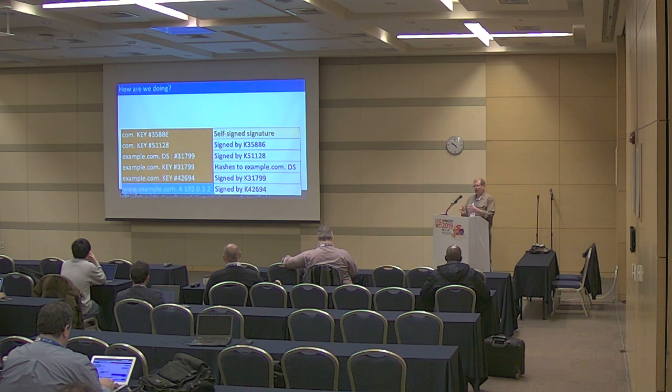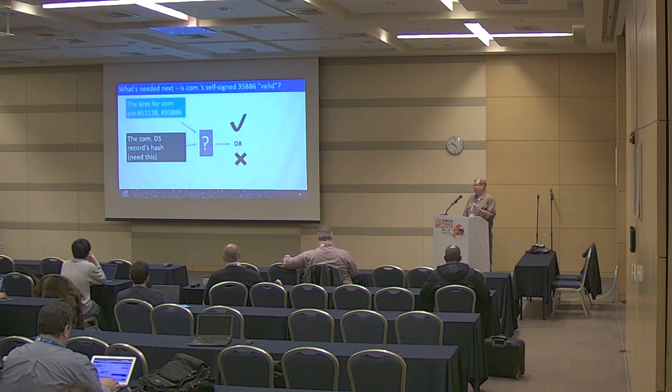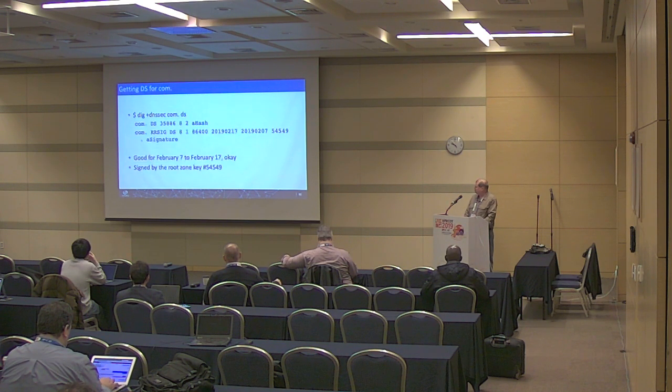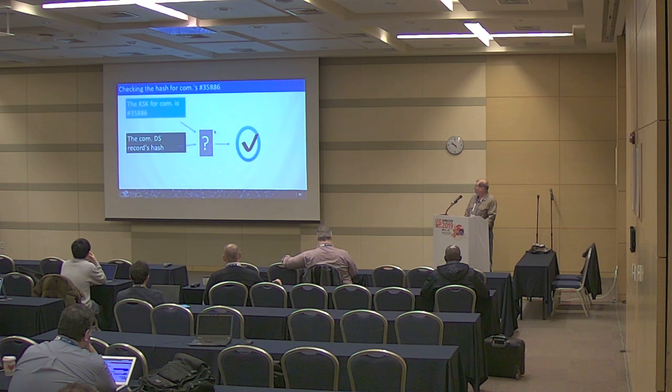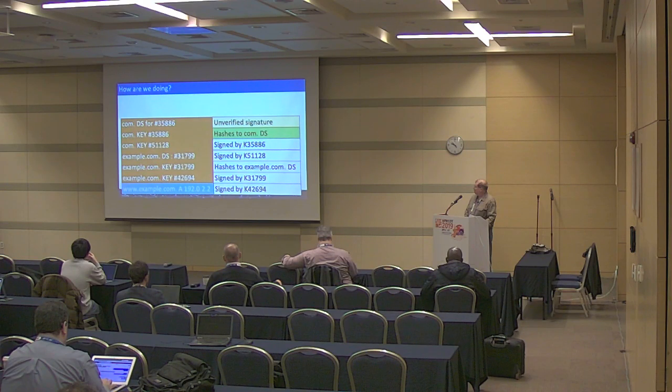I don't trust that key right away, so I need to find proof that it's the right key to go to. So I go through the check here, the DS record, where I have the key, I have the DS record, and I see that I go off and get the DS record. I come back with this COM DS record with a hash up here, and it's signed. The dates are okay. So now I see it's signed by a root key up here. I'll keep these notes. I check the KSK up here. I check the DS record, and it works. Turns out that all the math works. And so now I have the hashes of the hashes to com.ds